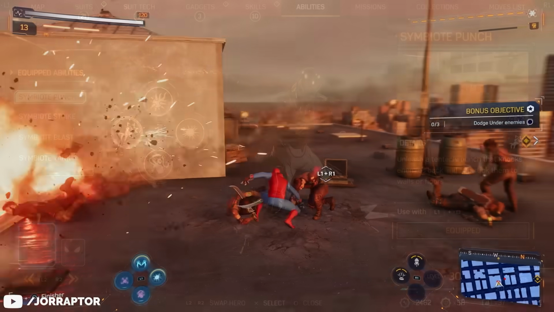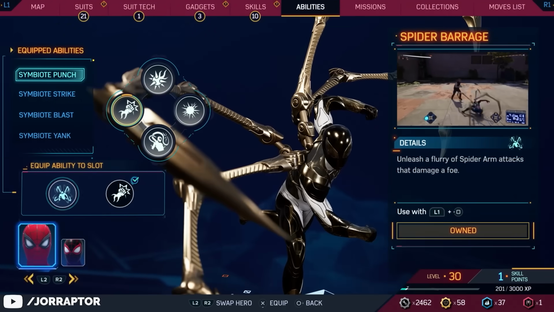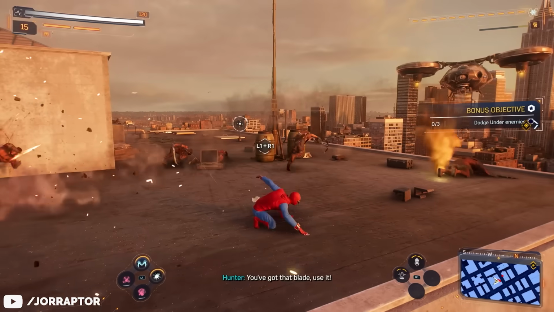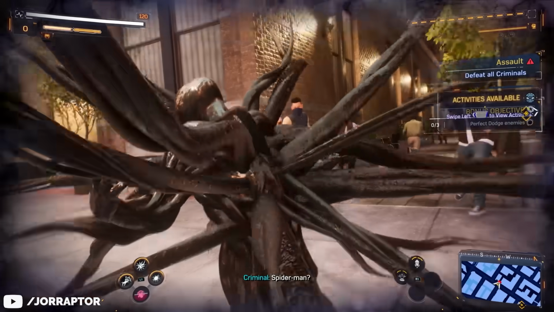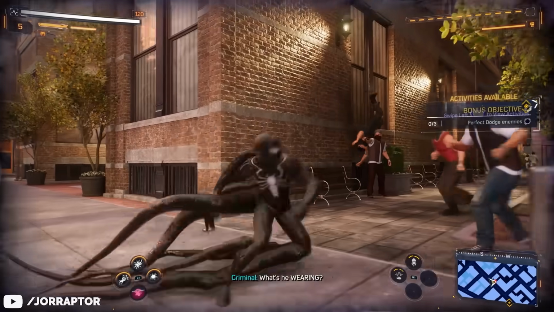What's new for both Peter and Miles is that each ability slot now has multiple abilities you can swap between. So Miles can swap between his regular Venom and his electric blue attacks, or use a combination of both, and the same is true for Peter, who can use his spider arms, symbiote powers, or a combo of the two. And speaking of symbiote powers, Peter also has access to a new ultimate type ability called Symbiote Surge that